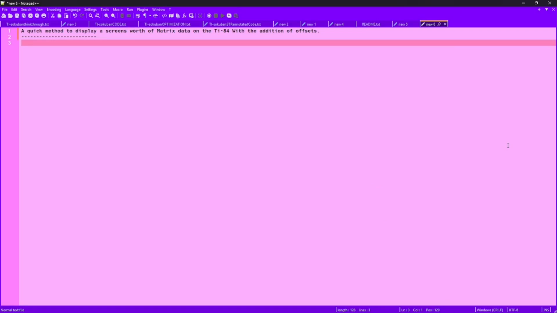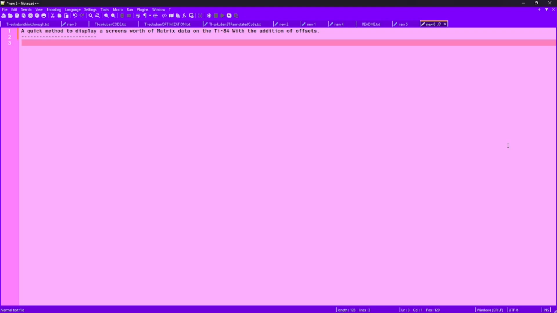Hello, my name is Tabby, and today I will be talking about displaying matrix data on the Ti84. By this, I don't mean matrix data in the way that people usually use it, like for actual maths, because the Ti84 is a calculator. The main thing that I'm using it for today is just displaying the integer numbers on the screen, and